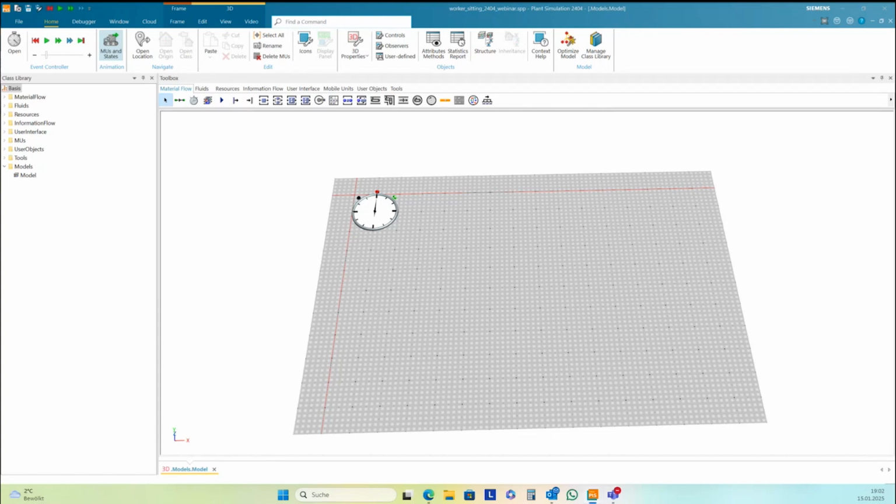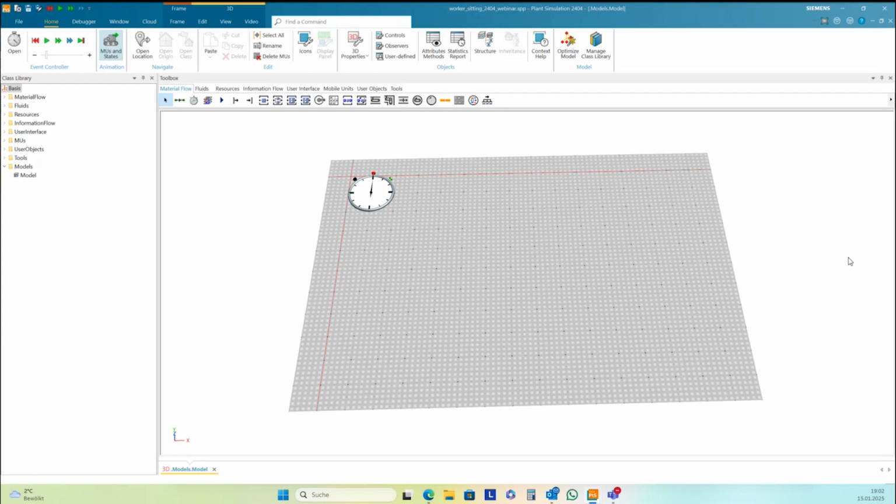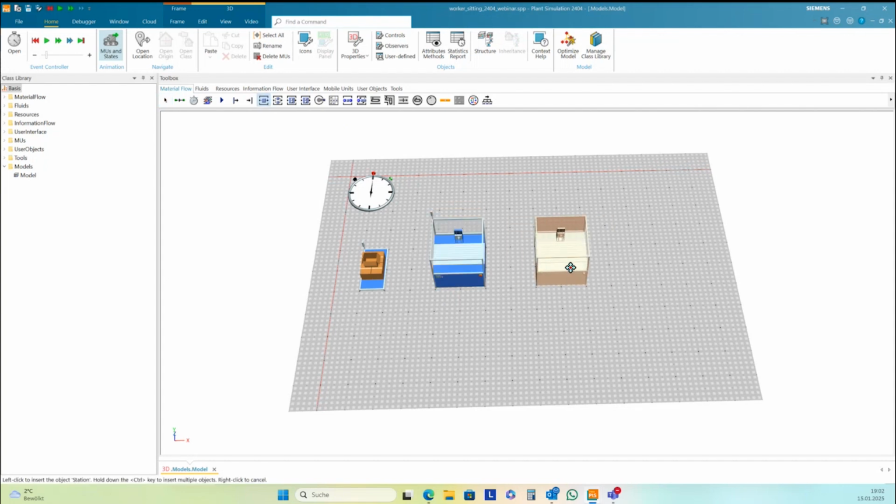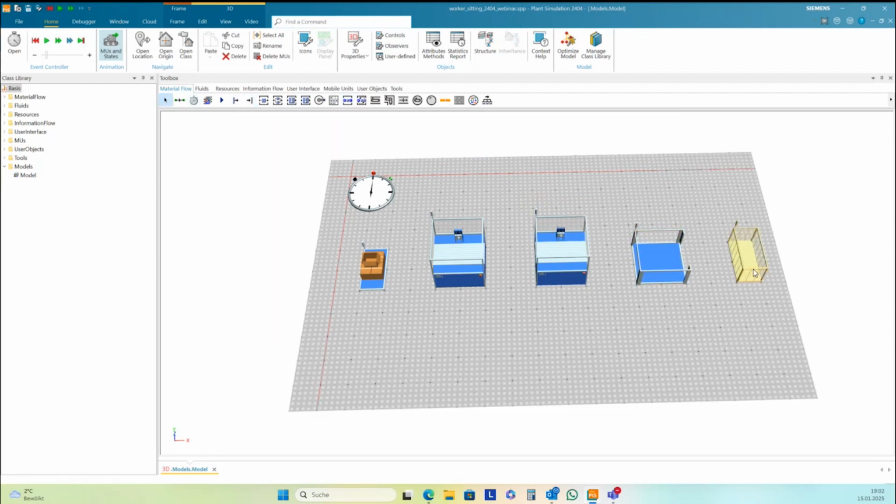If you want to follow, then make a new model here, and we make a very simple scenario where we have one source, one station, another station, one buffer, and a drain, and we connect all together.